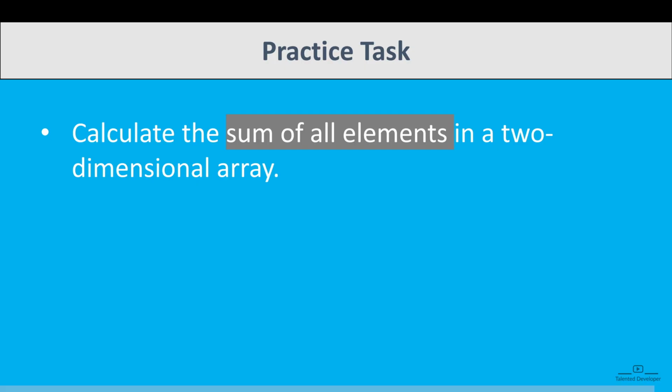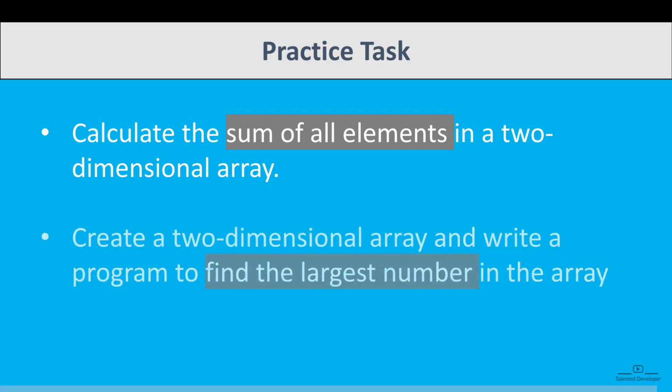I'm going to give you two practical problems. The first problem is to calculate the sum of all elements in a 2D array. The next problem is to create a 2-dimensional array and write a program to find the largest number in the array. Give it a try and let us know your solution in the